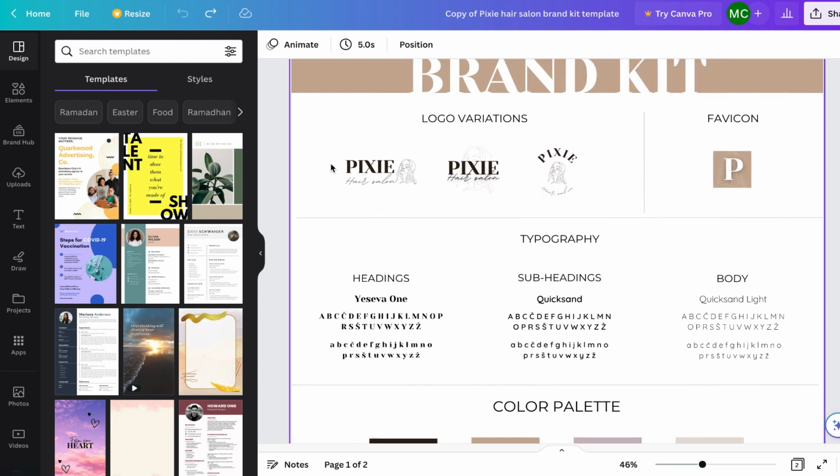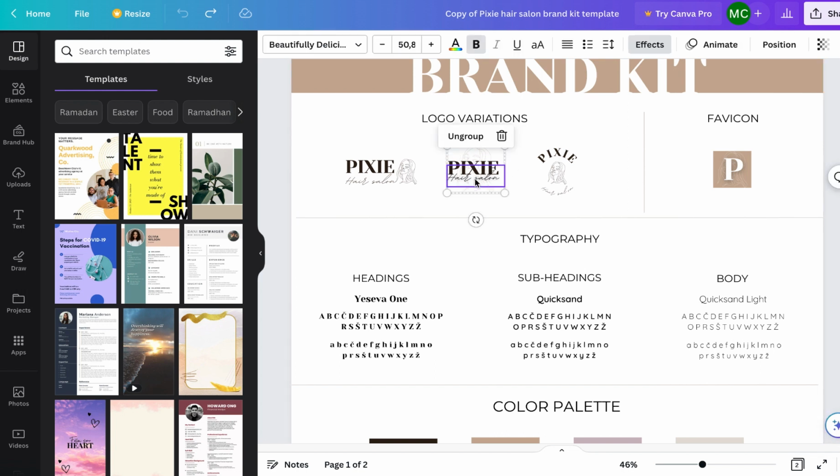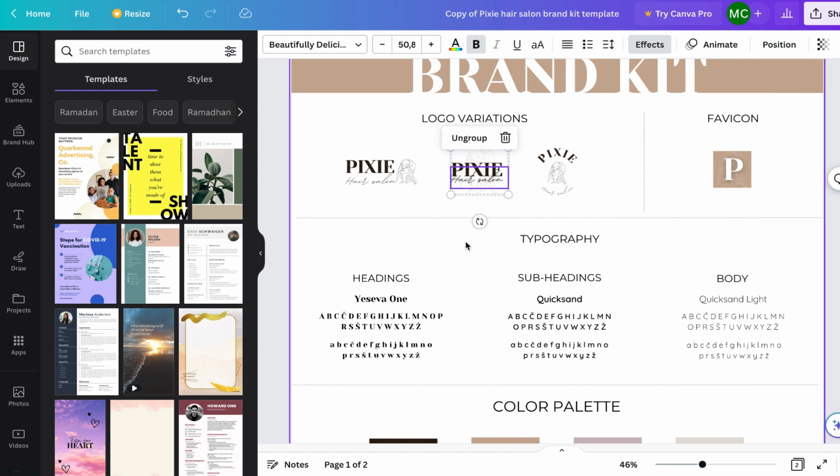What you can do if you like, for an example, the middle logo and you want to use this one, you just click on it. For now, all the elements of the logo type have been grouped. That means that when you move around, you see all elements move together so that you don't lose the layout of the logo. If you want to do some edits, you just click on ungroup and you edit any element